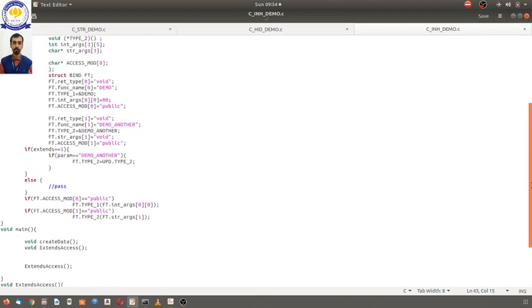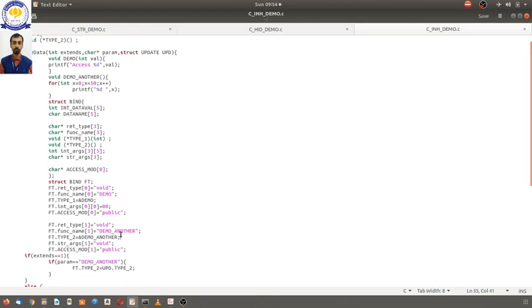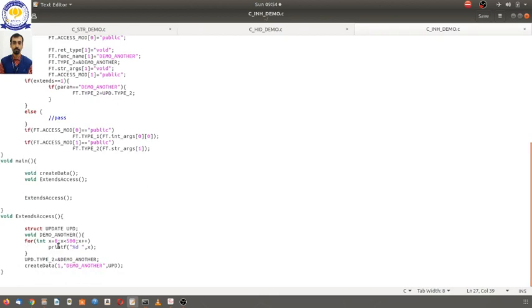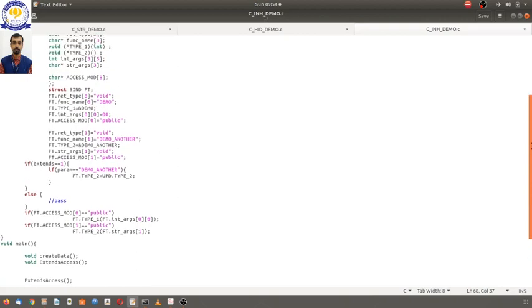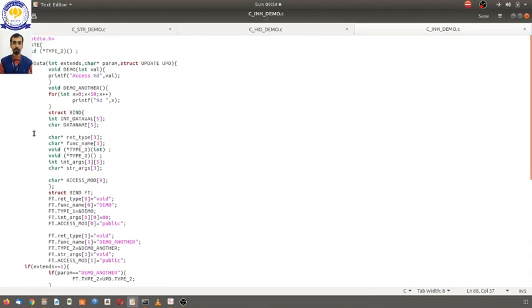If my friend wishes to update the demo another function with his own function, he has written this function up to 500, and this function is given to the create data UPD. So this is the structure, update has been given demo another. He wants to print up to 500, but also wants to print the rest of the things as they are.